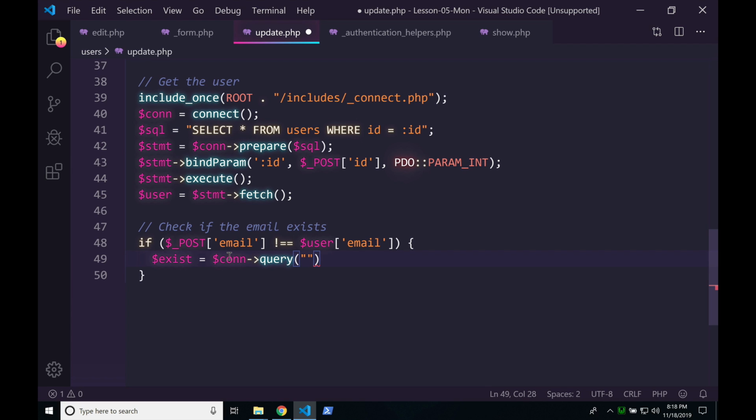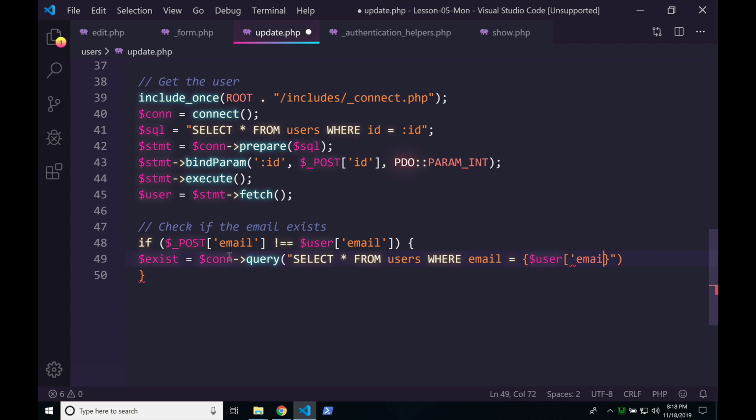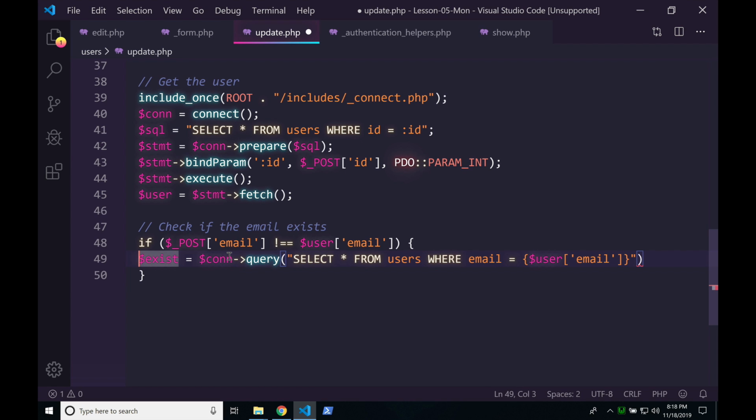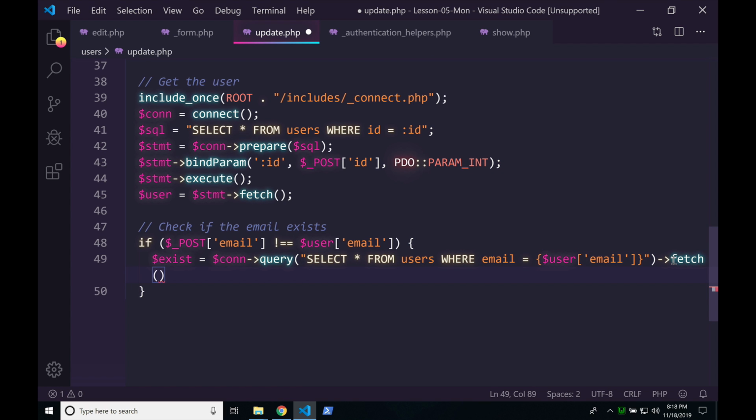We're going to say select star from users where email equals, and oh boy, $user email. Yep, we did it, folks. We put it right inside the line. Another skinny arrow. Fetch,